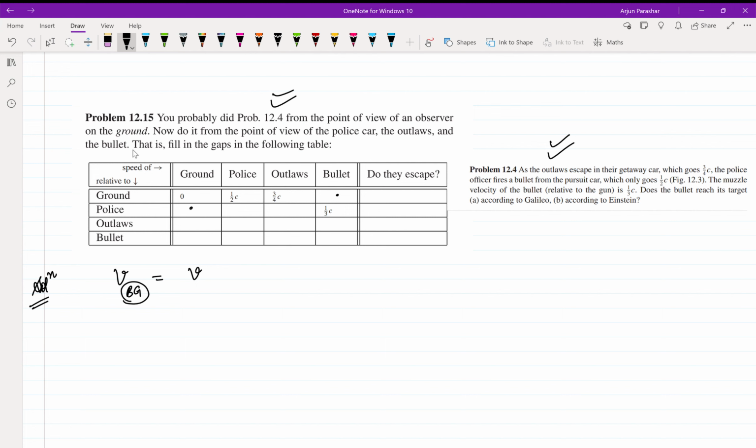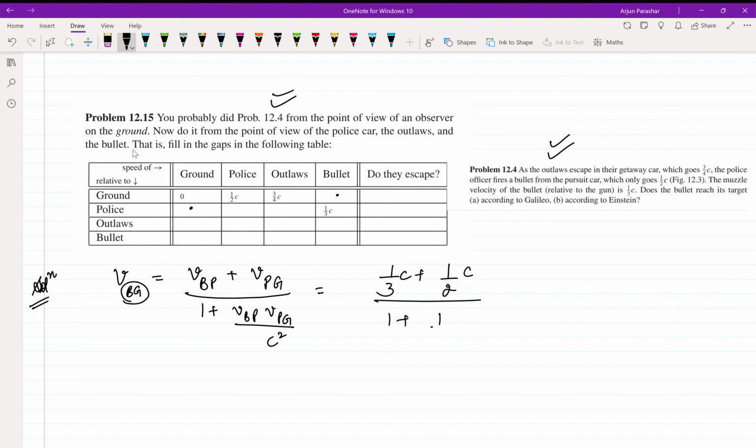So applying the velocity addition formula, we get the speed of the bullet with respect to the police plus the speed of the police with respect to the ground, divided by 1 plus the speed of the bullet with respect to the police times the speed of the police with respect to the ground upon c square. Now, the speed of the bullet with respect to the police is given as 1 by 3, plus the speed of the police with respect to the ground is given by 2 by c, and putting the values again here, we get 1 by 6 c square,